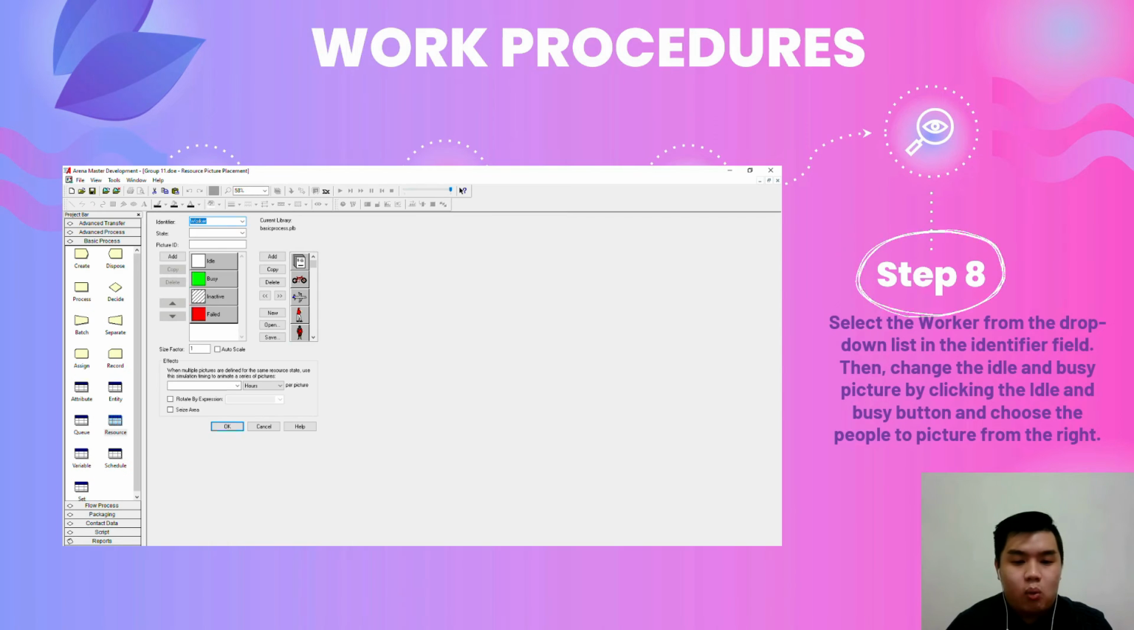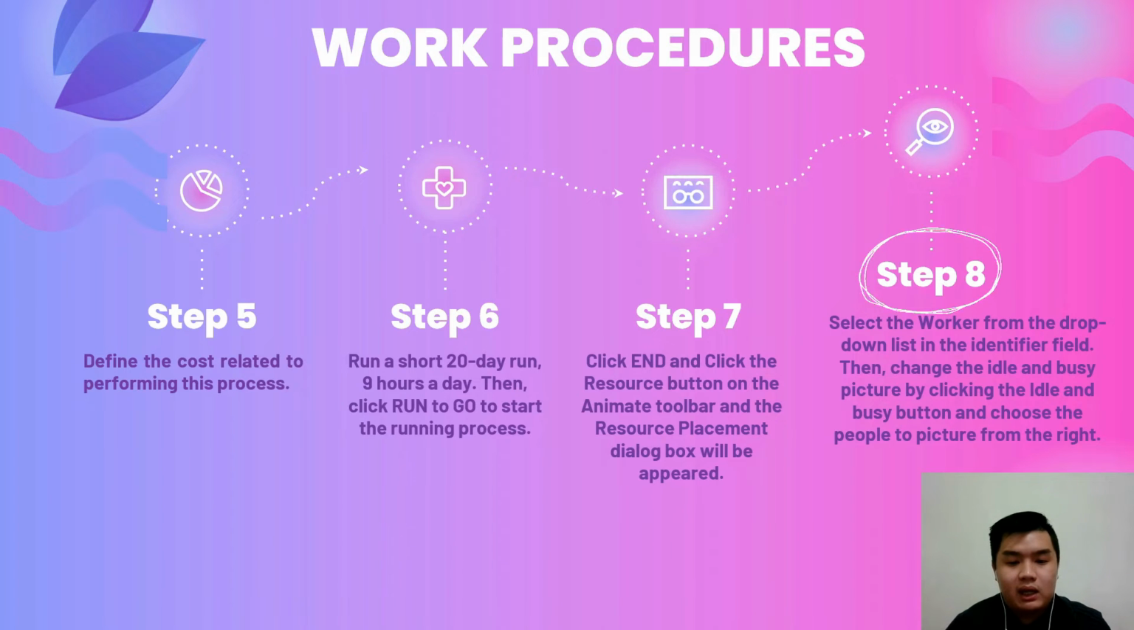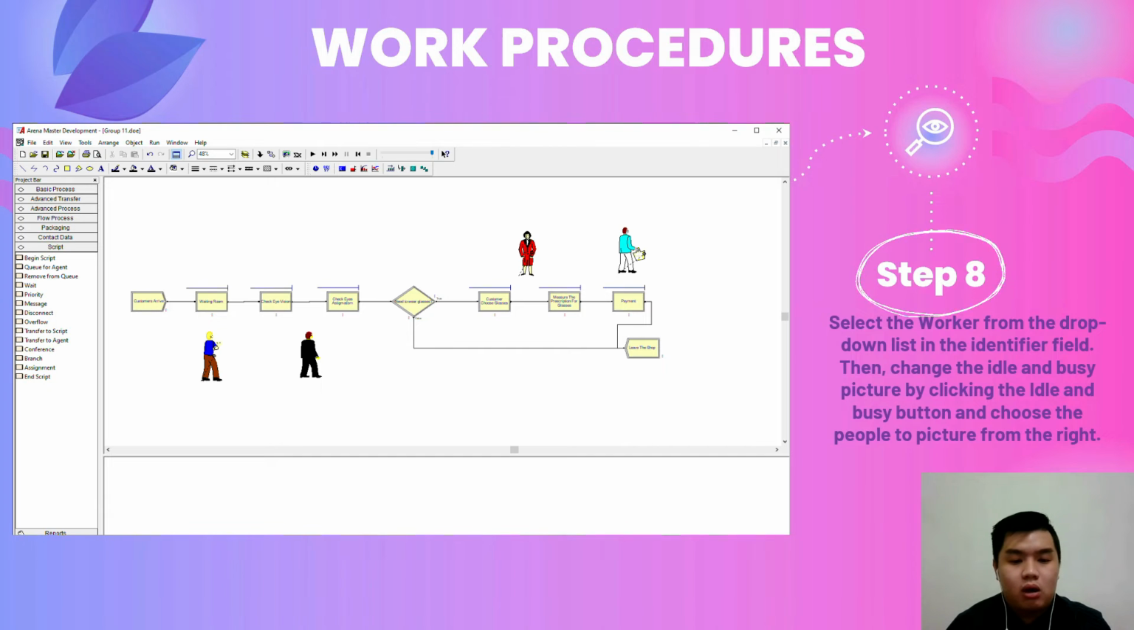Step 8 is select the worker from the drop-down list in the identifier fields, then change the idle and busy picture by clicking the idle and busy button, and choose the people picture from the right by clicking the transfer button to input the picture for that step, repeating the same step to complete all the animations of the optometric, optician